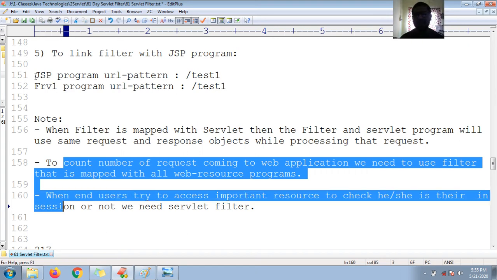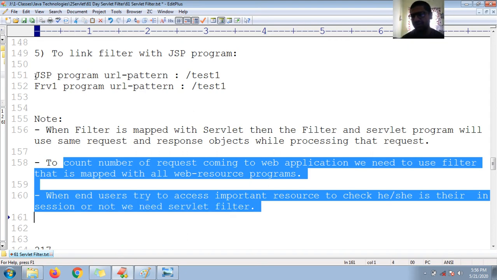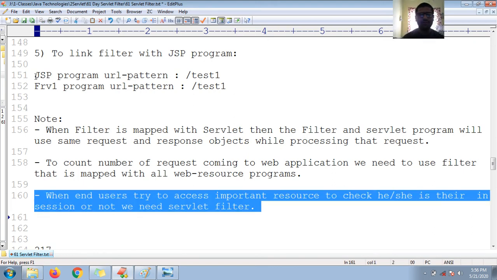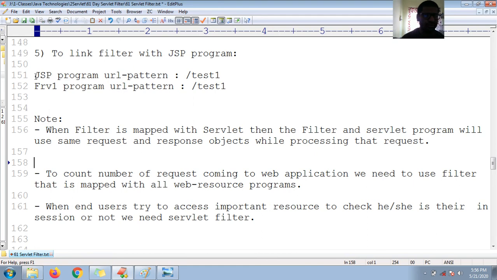And when an end user tries to access an important resource, to check whether he or she is in the session or not, we need a servlet filter. As well as whenever you want to count the number of requests coming to different web resource programs, you can use a servlet filter. These are real-time uses of filters.